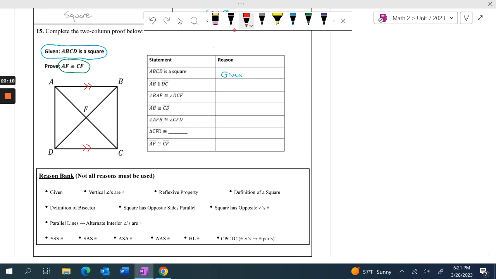Square has opposite sides parallel. Okay, so my answer would be square has opposite sides parallel. All right. The next statement, angle B